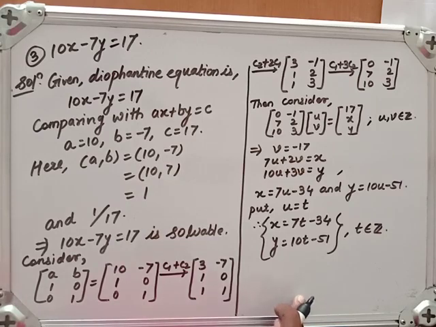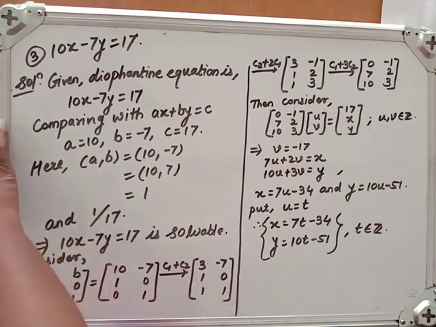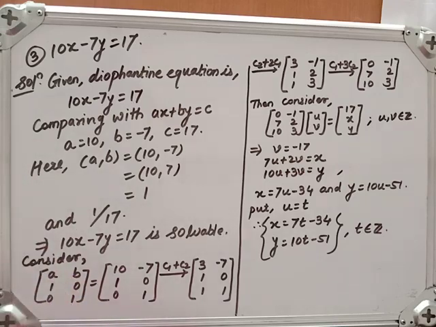Now let's stop here for this video. In the next video we will continue some more examples of Diophantine equations for finding all positive integers x and y which satisfy the Diophantine equation. And later on, after completing the various examples of Diophantine equations, we will start the Pythagorean triplets and some remarks, lemmas and examples on that. Okay, thank you.